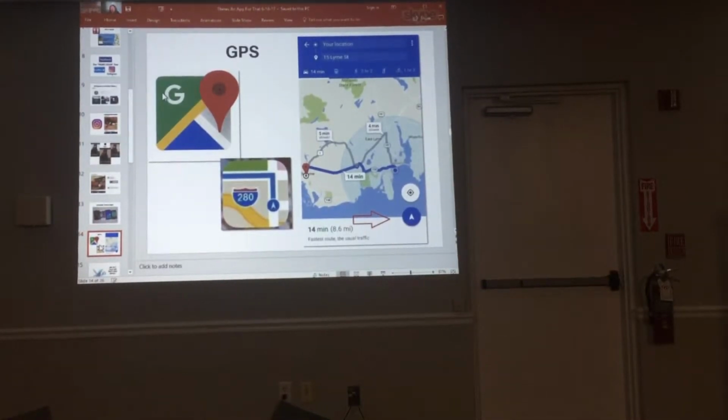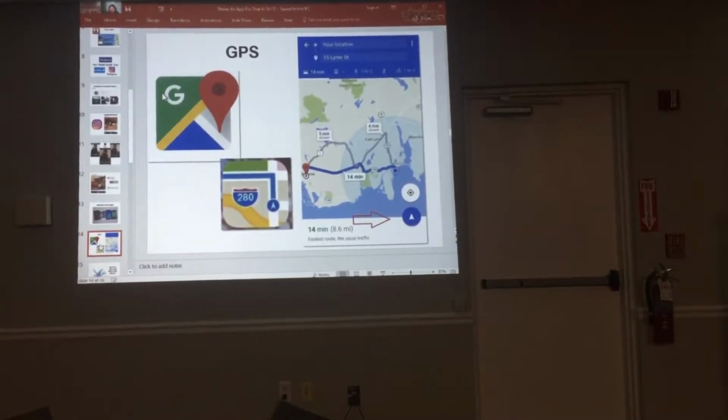So below what you see in the map, they actually give me some choices. They say it'll take me 14 minutes to drive from Niantic, which is the blue dot, to where the red pointer is, which is my destination. They show me 2 other routes I could tap on. One's 4 minutes slower and one's 5 minutes slower. And that might be if I don't want to go on the highway. So they do give you options. And if I started to follow the route and I went off the route, it would redirect me and tell me how to get back on the route.